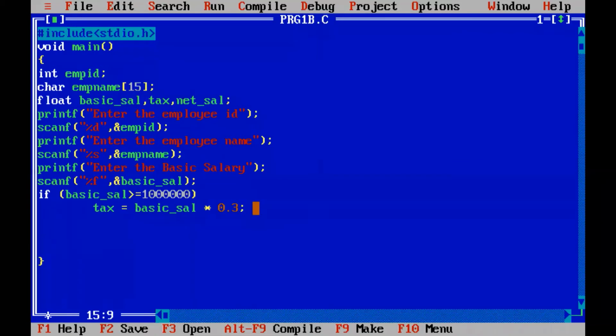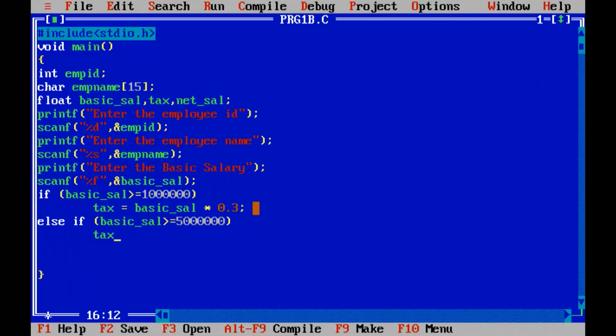Then how to give the second condition? You have to give else if, right? Else if the basic underscore sal is greater than or equal to 5 lakhs. If I make a mistake with the zeros, you should tell me.